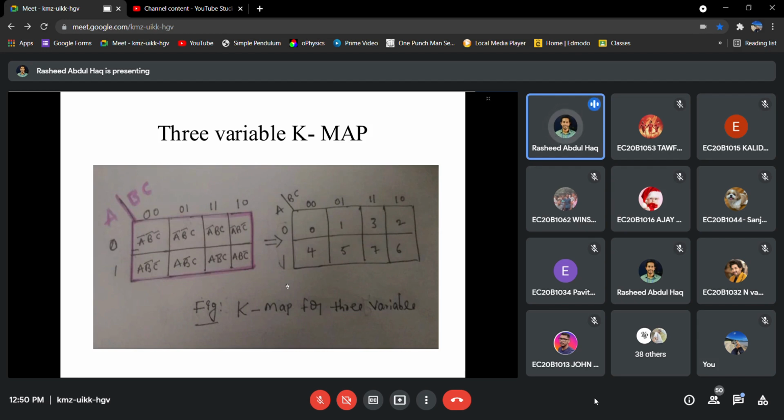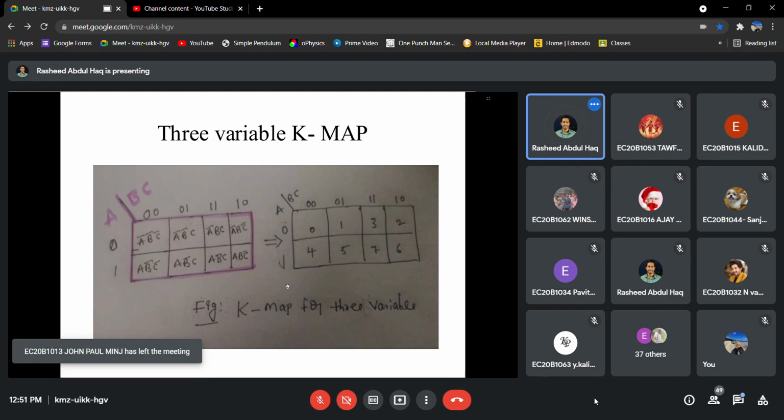Whatever it is, the value of A is changing from 0 and 1, and the value of B, C is changing. In this case, you have to note this one. Okay, 0 0, 0 1, 1 0 is in the last position and 1 1 is in the second last position. When it comes to three variable or four variable, in the CAM map, the position of the last one will be the second last and the third one will be the last. This you have to note while writing the CAM map.